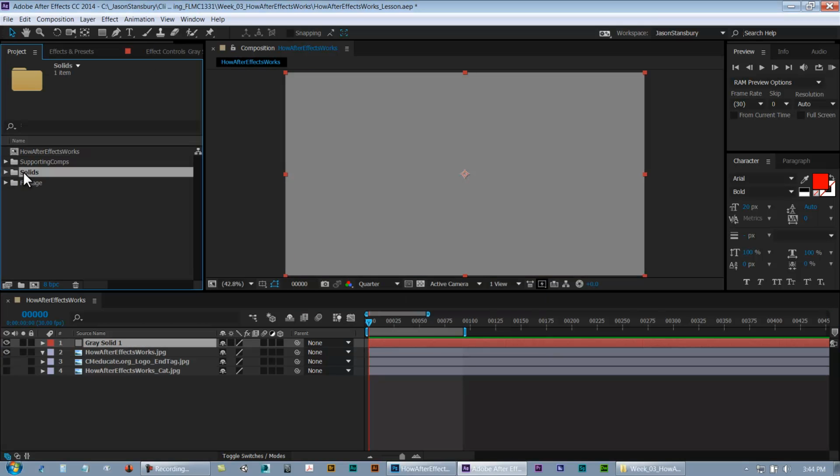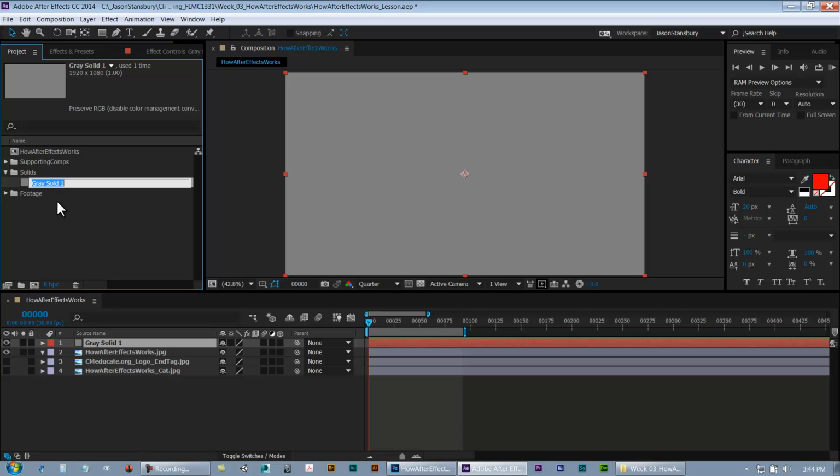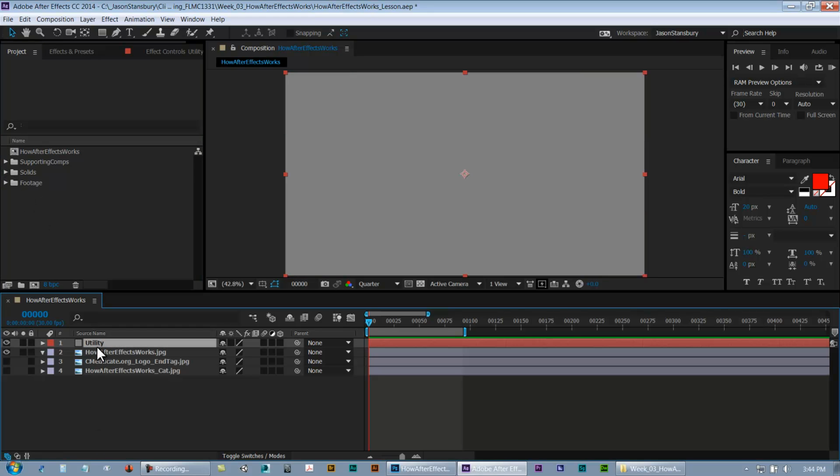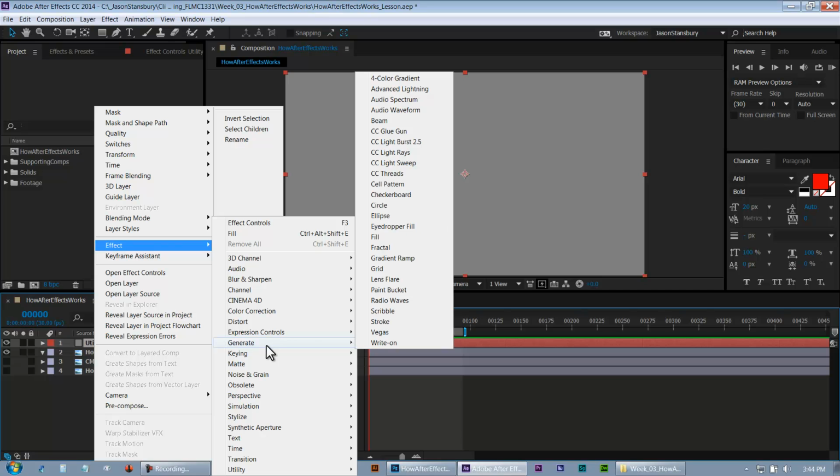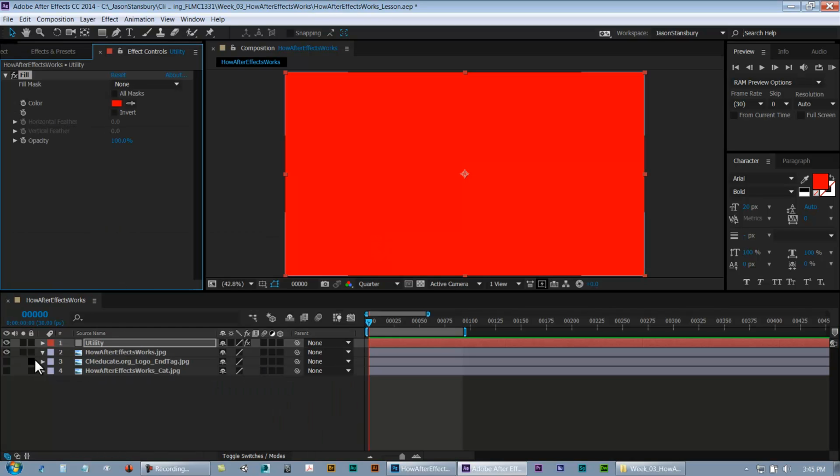It creates a folder in the bin and puts the solid inside the comp that I was working in. So don't panic, everything is there. It just puts it on top. But I'm going to name it utility. So notice it updated its name here. So what do I do with this guy? Whenever I want to make a shape or do anything, or say a color, I keep this at an ugly 50% gray,